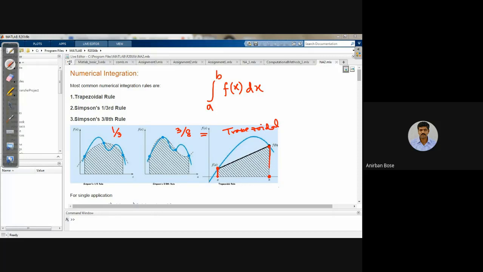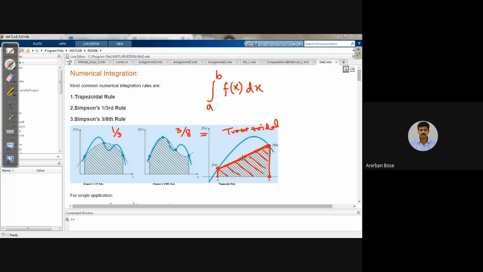So this height is f(b), and we just join these two points by a straight line. We are claiming that the area under this trapezium, since if we join these two by a straight line it will form a trapezium, is